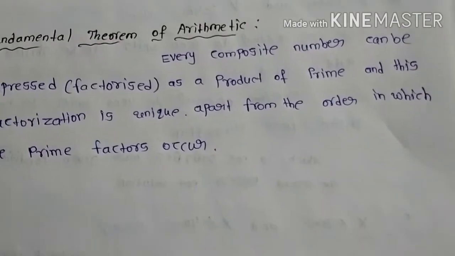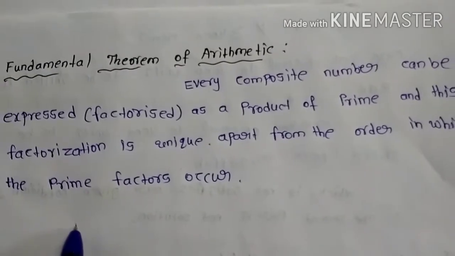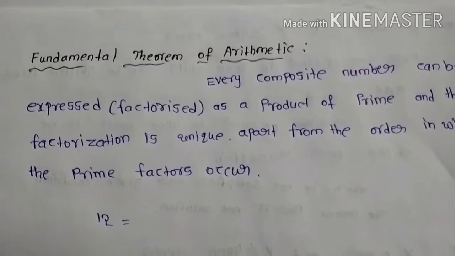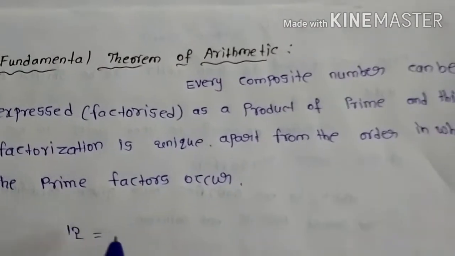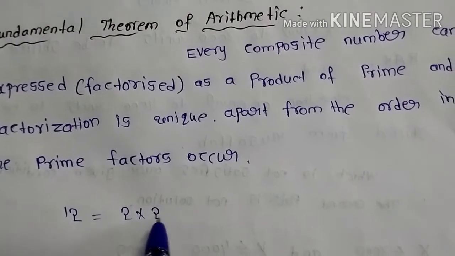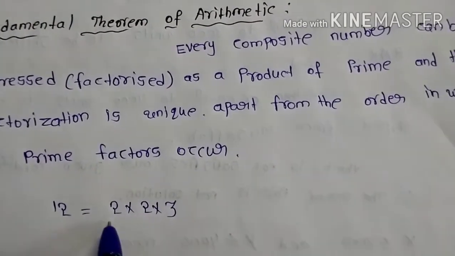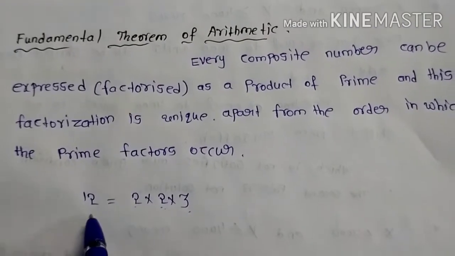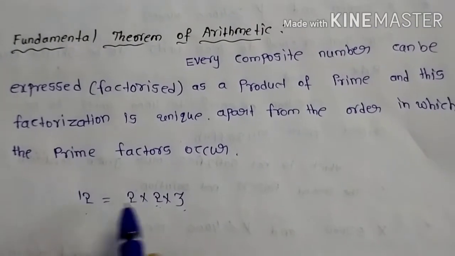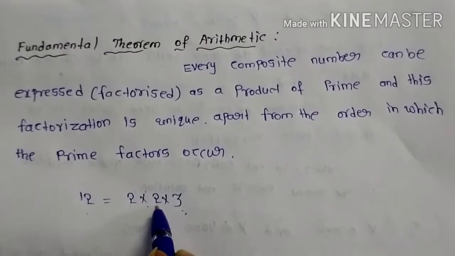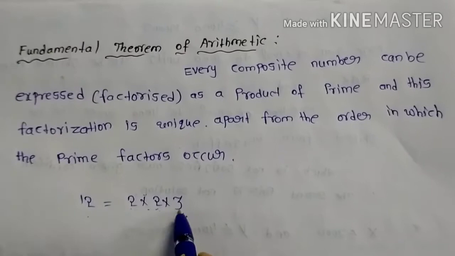Now you can see, for example, if I need to write the factors of 12, how can you write them? Someone will say 2 into 2 into 3. See here, 2 twos are 4, 4 threes are 12. Are you getting 12 or not? Another person may say 2 square into 3. Indirectly we can write it that way, as 2 is repeated 2 times. That means 2 square into 3.